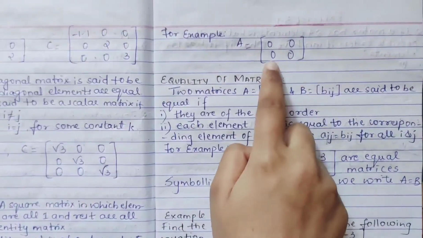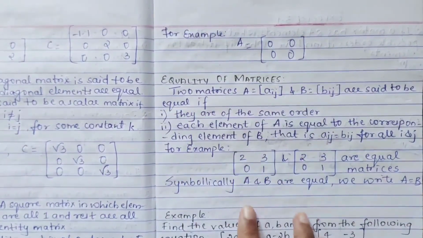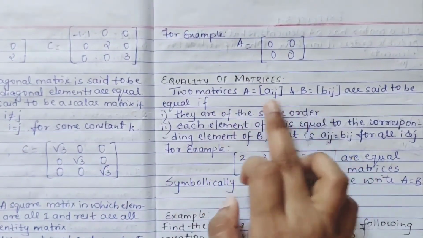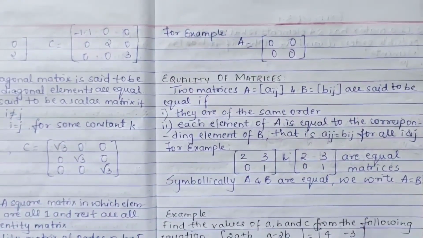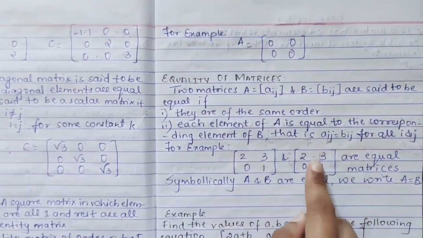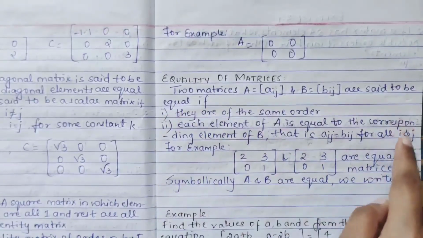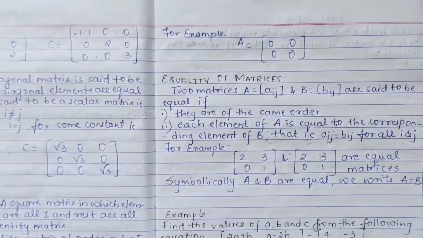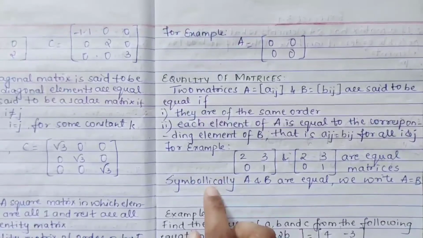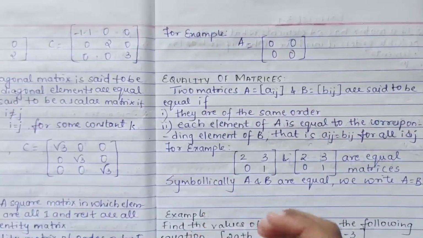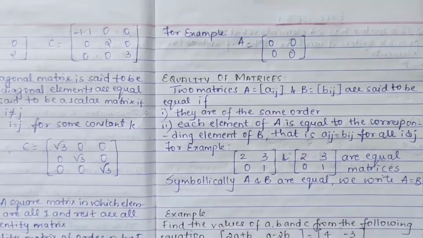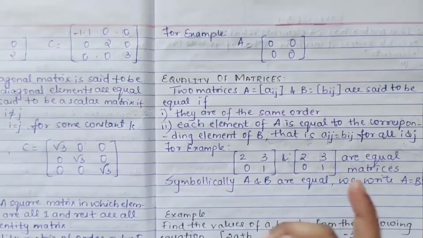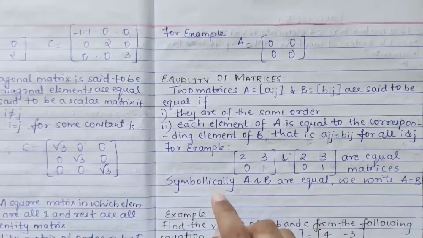At last you have the equality of matrices, where both the matrices should be of the same order and their corresponding elements should be equal. So you can just write the definitions down till here. From tomorrow, based on this I will do an example. Basically you have got an idea how to find equal, but we will do one and then we will proceed to the exercise part.